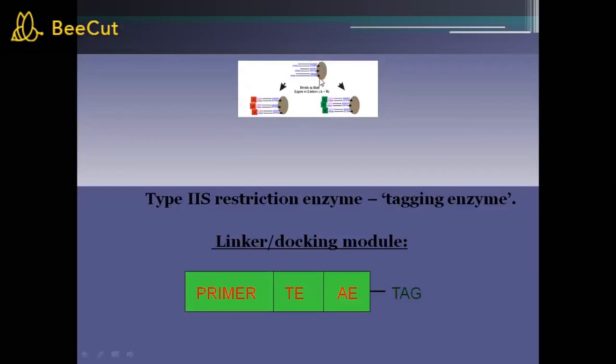Here, this is the streptavidin to which the cDNA is bound, and this is the overhang which has been created by using the anchoring enzyme. Then we divide this into two equal halves.